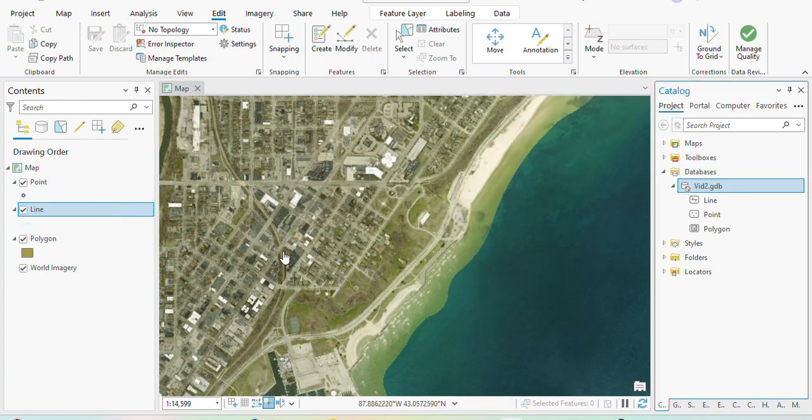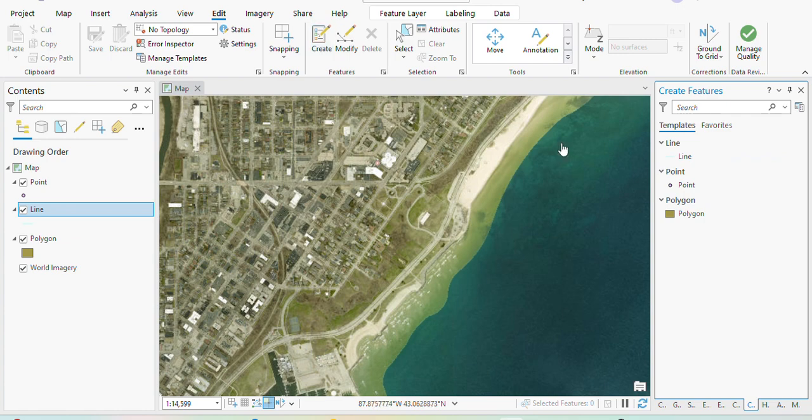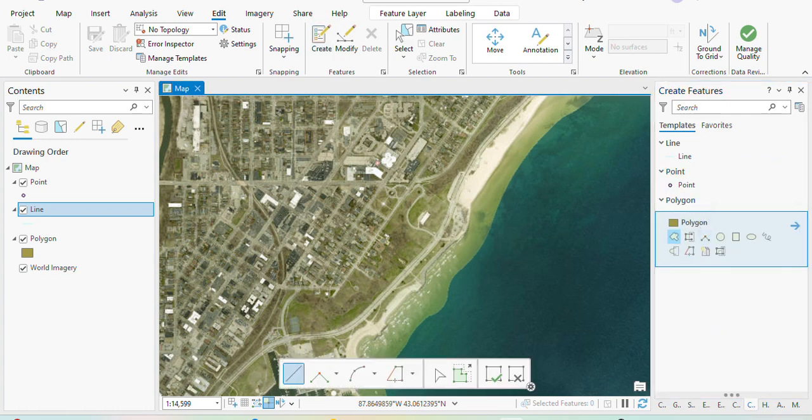So now guys, we've got the line, the point, and the polygon. Now we can edit if we want to. Still on the edit toolbar, click create, and then you can click the polygon, and then you have a number of things you can select and work on here. I would select create polygon features because it's more irregular, so it gives me the opportunity